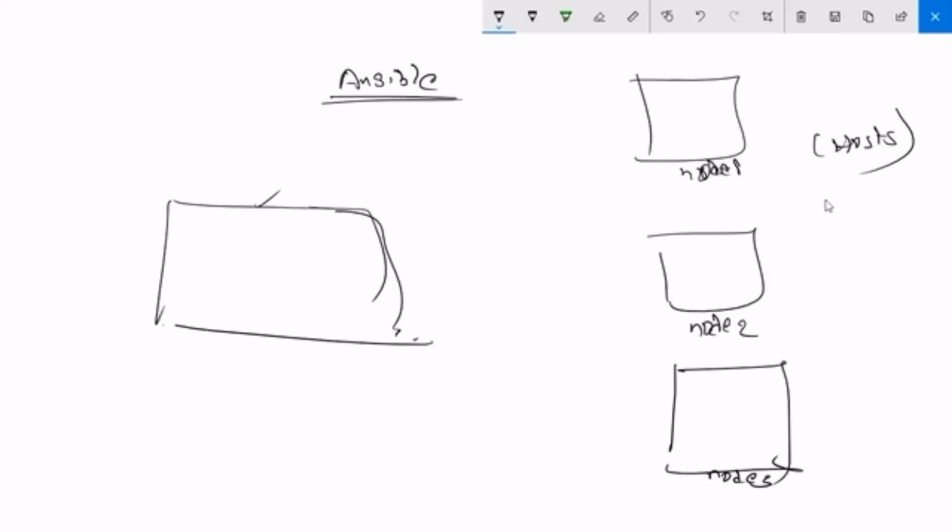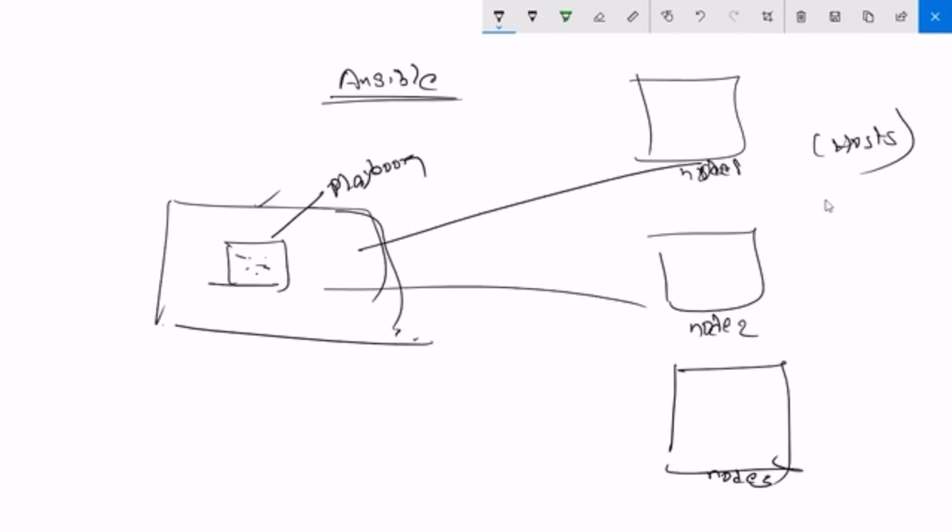You write code in a file called a playbook, and we push it to the nodes. It's a pushing mechanism, and it uses SSH. This is the simple basic architecture of Ansible, and we have already seen the difference between Ansible and Chef.